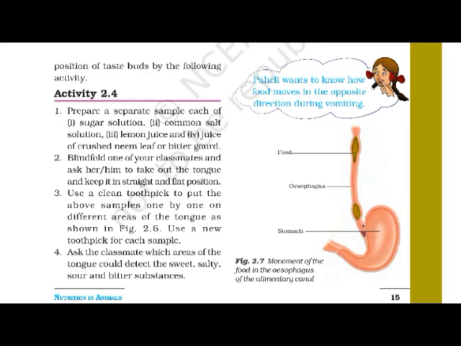Sometimes what happens is food is not accepted by the stomach and has to be thrown out through vomiting. So the same passage is actually used by the stomach to throw out the unwanted part of the food. Now there are many reasons for vomiting. When the stomach is not ready to accept the food, or doesn't want to accept the food, then the stomach throws out the food. It's a kind of vomiting.